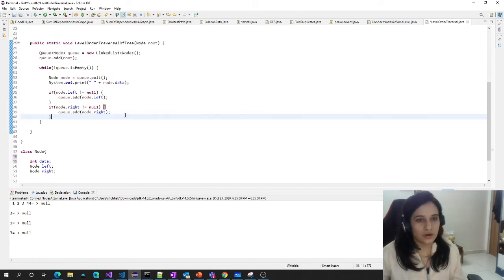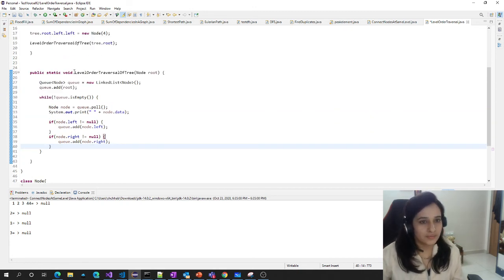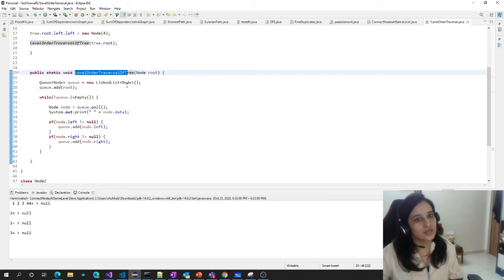And if I talk about the complexity, this is a traversal algorithm, just like other traversal algorithms. It's basically printing all the nodes of the tree, touching each and every node of the tree to print.